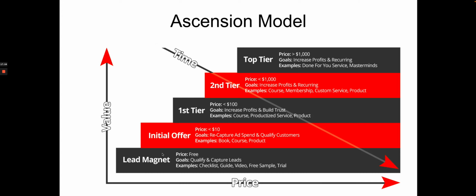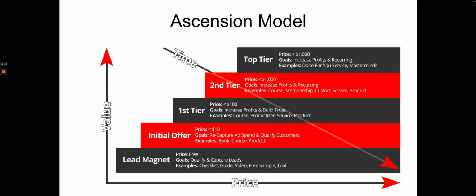You give them something that's a checklist, a guide, a video, free sample, trial, whatever. You give them something for free to get their information. Then you offer them something really low cost, so it's not risky for them. They buy it from you, they get value. And then you start to offer them more and more expensive things because now they get to kind of know